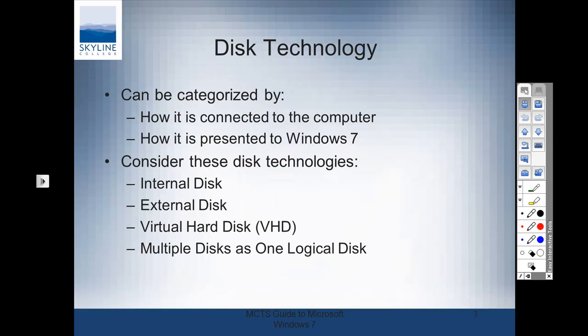So when we consider the disk technology, internal, external, virtual hard drive, multiple disks as one logical disk. Multiple disks as one logical disk, that's where we're going to have to use the dynamic disk. What that means is that we could take multiple physical hard drives and group them together as a volume. You're going to get a bad drawing here early on for this, if I can get this pen to write. What we're doing in any of these RAID sort of volumes is: